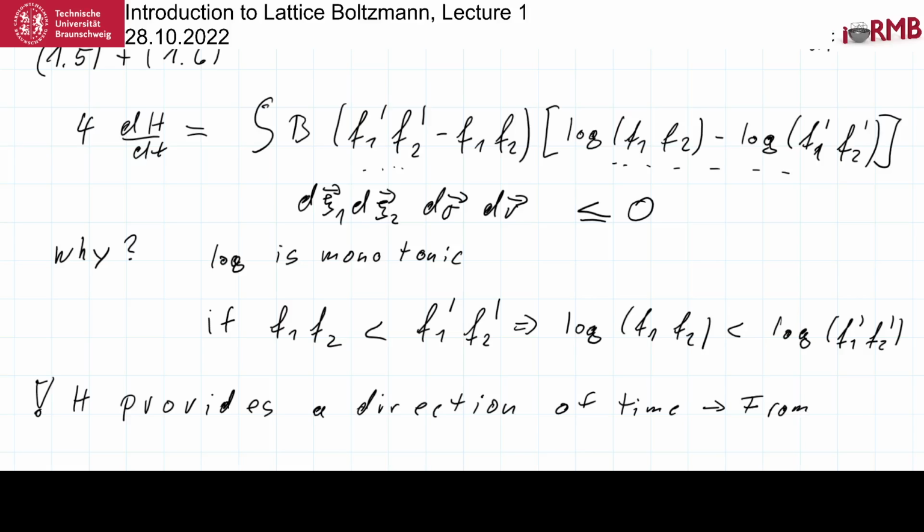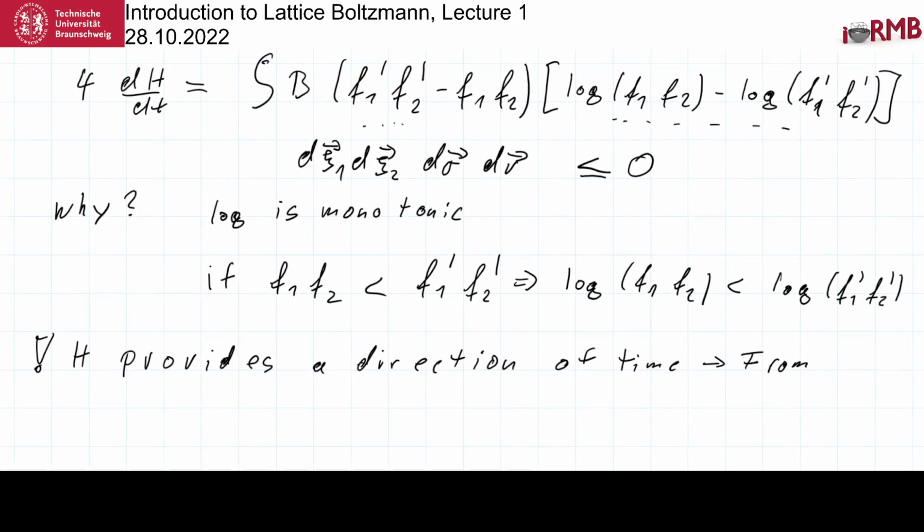And the very interesting thing is that the assumption that everything here is based on is that the collision is symmetric in time, that it can go one way exactly the same as the other way. So from the assumption of reversibility,